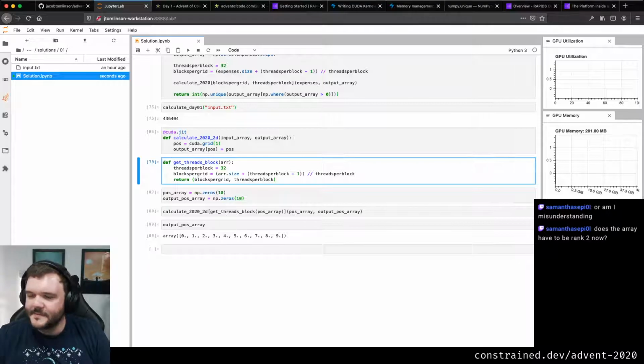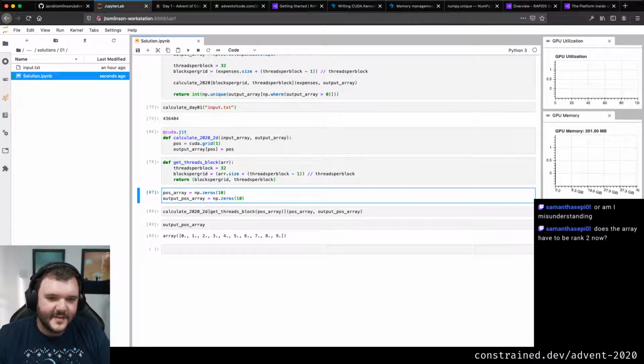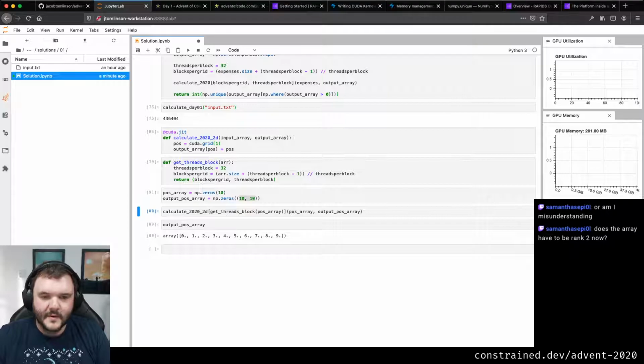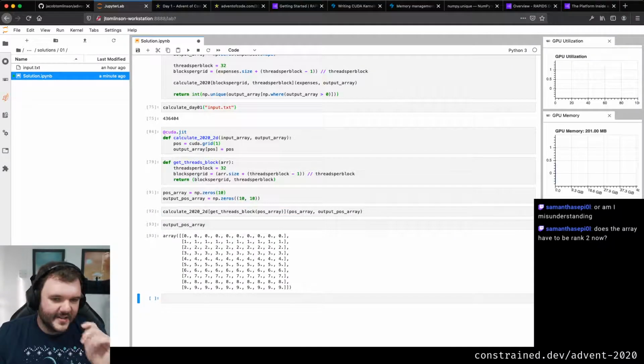Yeah, I'm confusing myself now. Does that make sense? I want my output array to be like that. So yeah, oh, that's it. That's not what I'd intended in terms of that functionality.